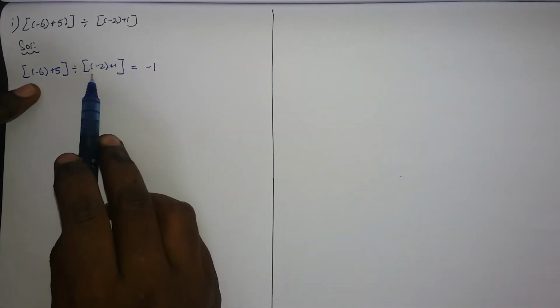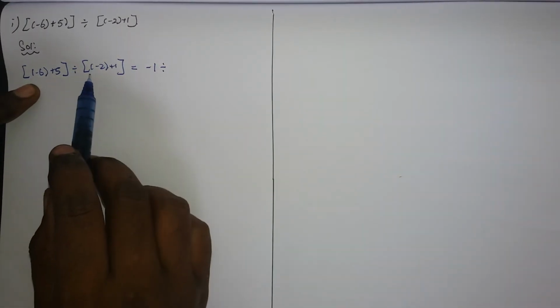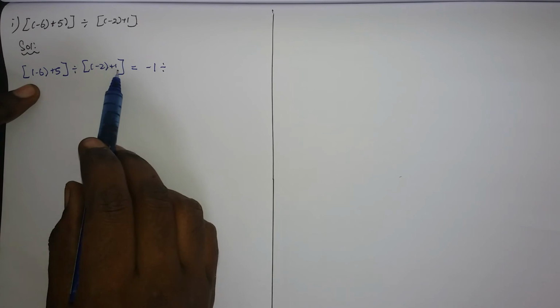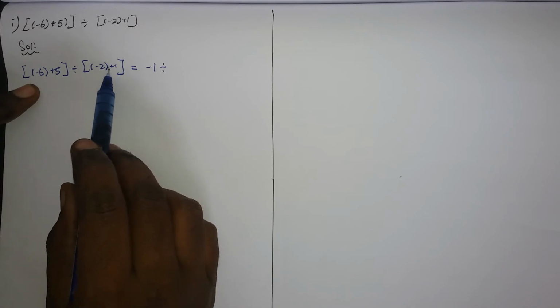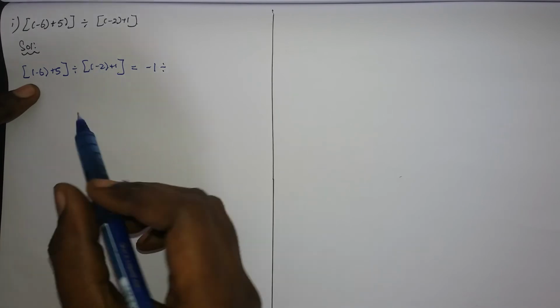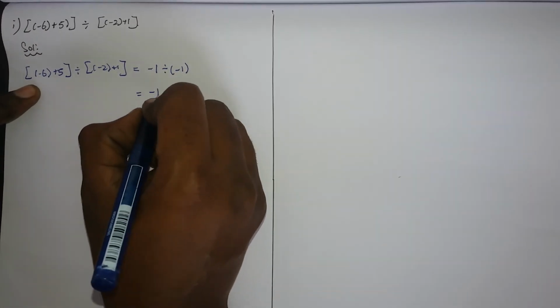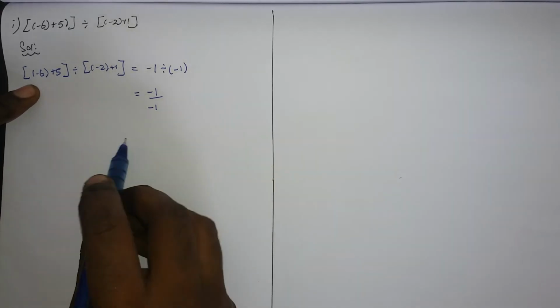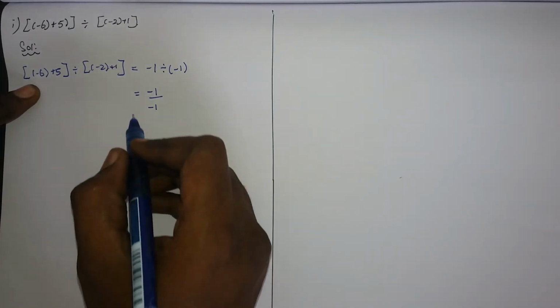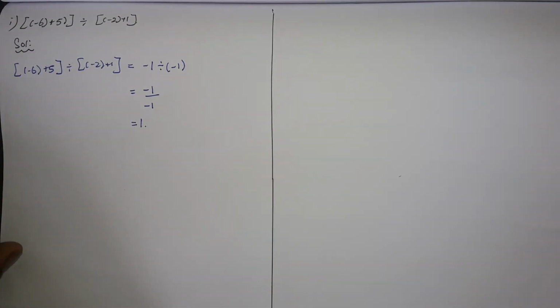Next, put the divide symbol, and then next will be this minus 2 plus 1. So minus plus is minus. 2 minus 1 is 1. My big number is 2, and the symbol before it is minus, so minus 1. So I will write it as minus 1 divided by minus 1. See here minus minus is plus. So I will write it as 1. Plus 1 is the answer for I sum.